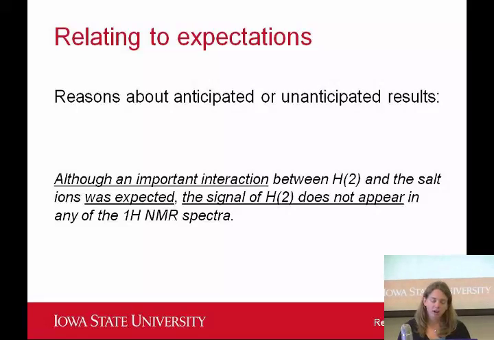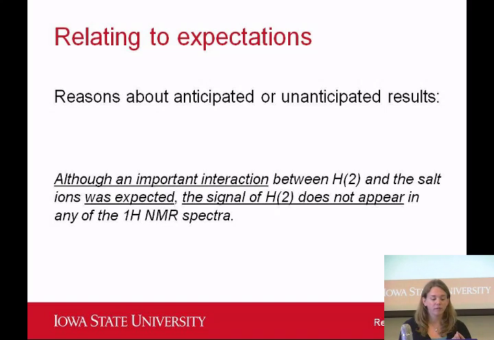Okay, the last step for us to talk about today is relating to expectations. The function of this step is to draw connections between the obtained results and the researcher's expectations about those results, and then to make some reasons or some conclusions about that. So authors can use this step to point out the expected or the unexpected results that they found, to express their attitude to perhaps surprising or unsatisfactory results, and to connect those findings to your initial hypotheses, which could be